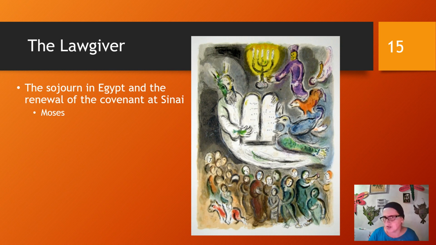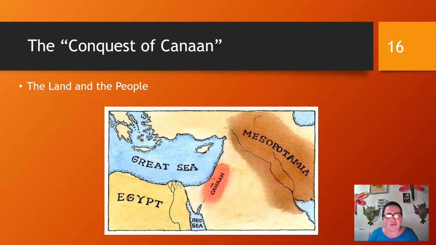While the older generation dies off, while the nation has a time to purify itself, and then finally the conquest of Canaan, the entering of the land of Canaan. So we have crossing of the Red Sea to leave Egypt. We have wandering for 40 years, and then finally the entering of Canaan. Now, this is the story that is told in the books of Joshua and Judges.